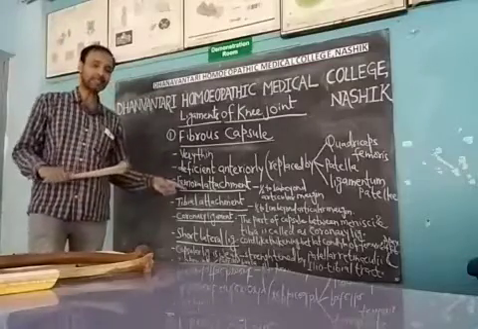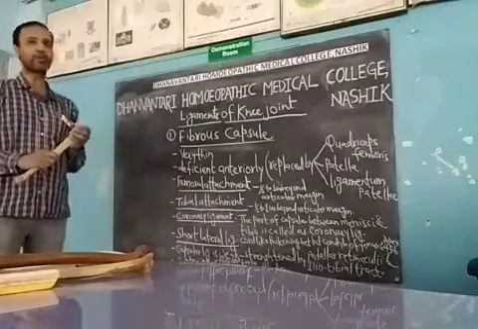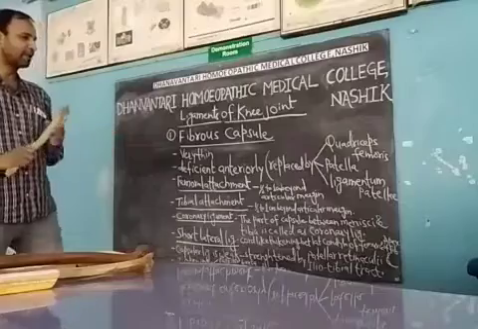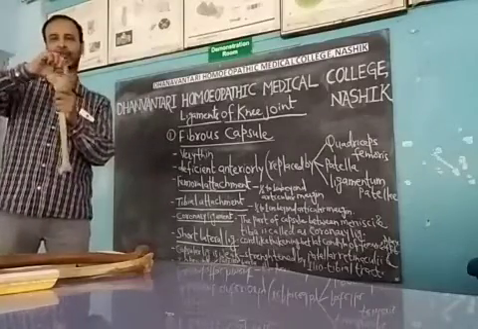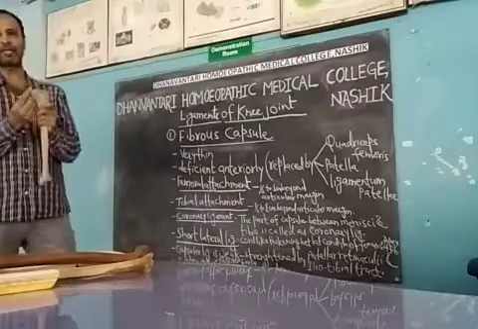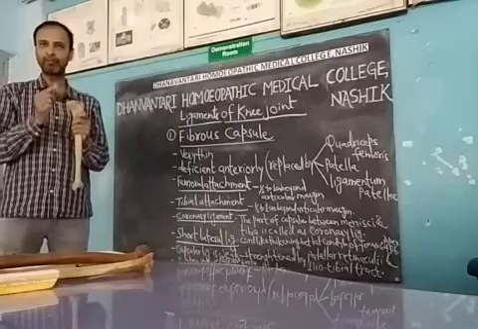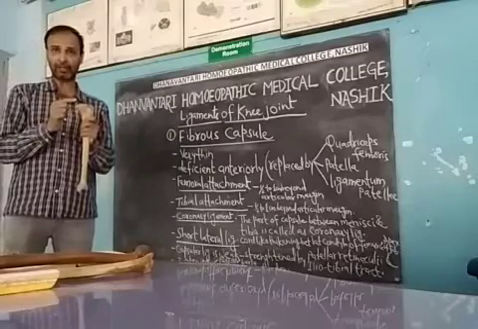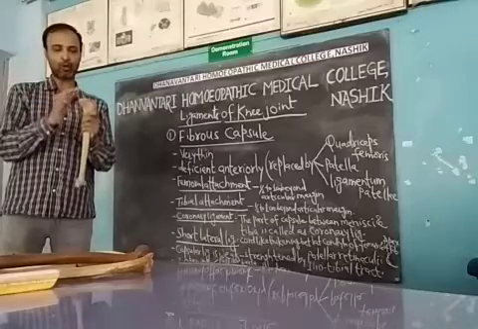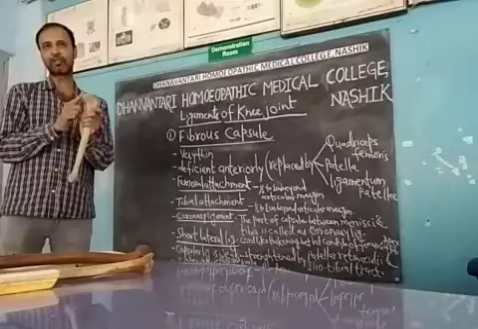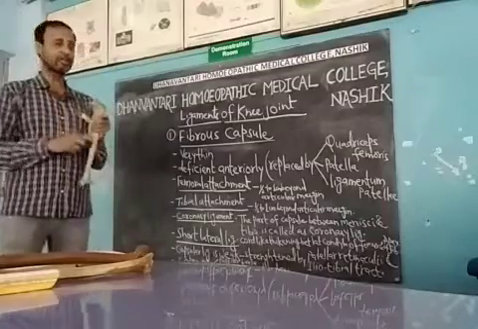Now next we'll see this fibrous capsule, which in certain parts we also call the coronary ligament. What is the meaning of coronary ligament? It is the part of the capsule. As we know, part of the capsule gets attached to the menisci. So the part between the menisci and the tibia is called the coronary ligament. Again I am repeating, the menisci are cartilaginous, and the capsule is attached on their lateral margin. So the part between the menisci and the tibia is called the coronary ligament.